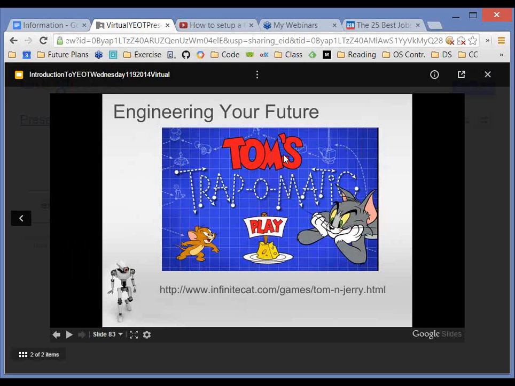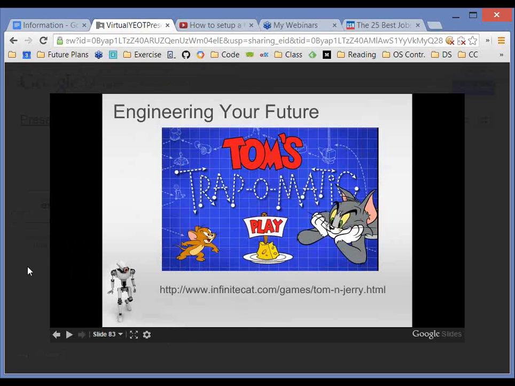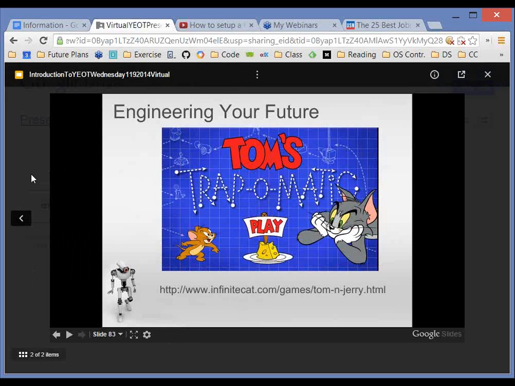Here's another game, Tom's Trap-O-Matic. I'll let you Google that too rather than type it. It's another fun engineering game, I guess. Okay, is that it? Looks like it. Okay, so that's